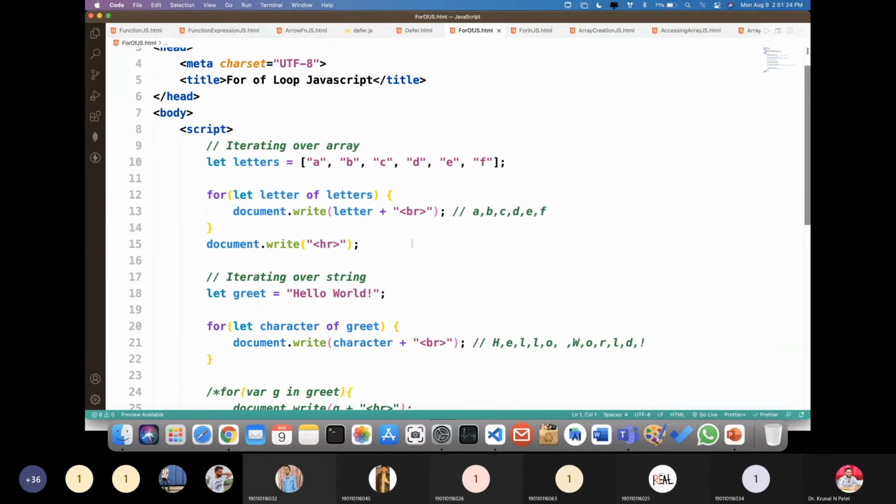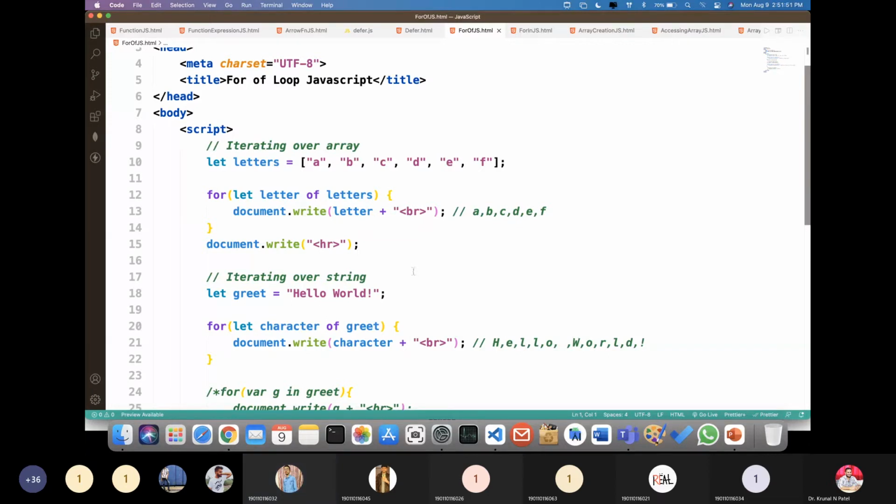Okay. So now who will say the difference between for of and for in? We have already discussed the theory portion and syntaxes. So can anyone differentiate for of and for in? Sir, for of is used for arrays and for in is used for objects. Yes, exactly, right?